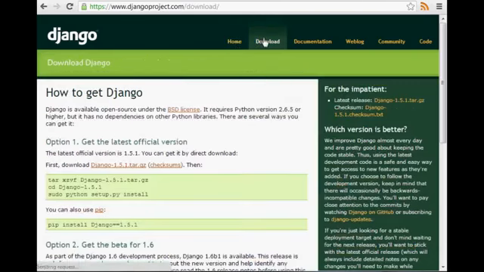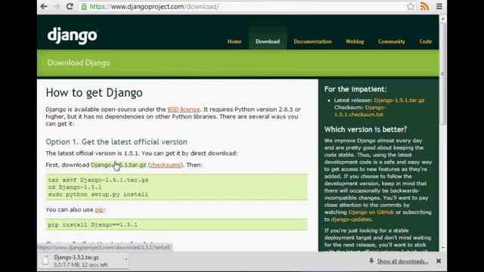Anyway, with that, let's go back over to Django. What we want is to go ahead and download Django. Depending on when you're watching this, it's probably different. At the time of me making this, 1.5 is the most recent stable version. You can download the development version and stuff like that, but for now, I'm just going to say to everybody, download the stable version. So I'm going to download this and wait a second. I've got a few other downloads running, so this is probably going to go really slow.